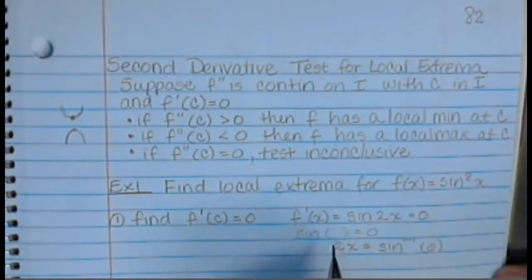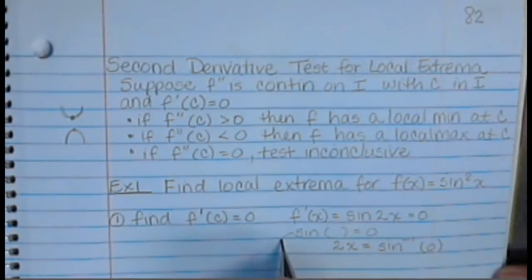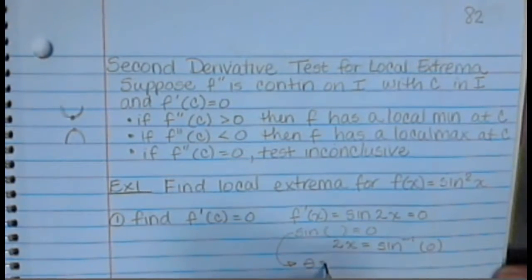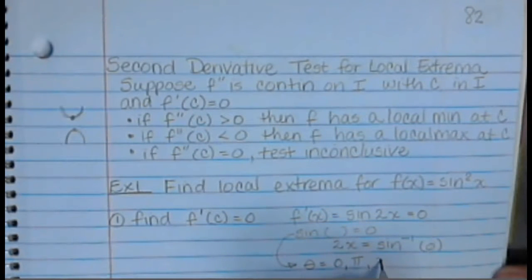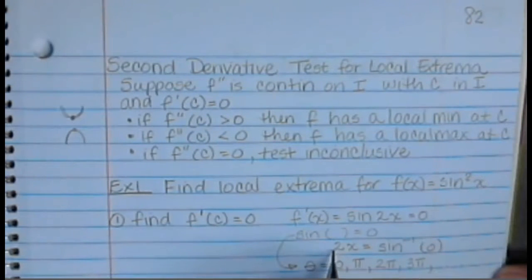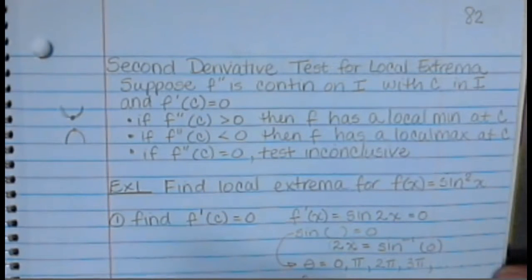So the easiest thing for me to do is to do it this way, and we find that our angle, so I'm going to call it theta for right now, is equal to 0 when it's equal to pi, when it's equal to 2 pi, 3 pi, etc. Every time it's a pi. But now what we want to do is that theta is actually 2x, so I'm going to have 2x